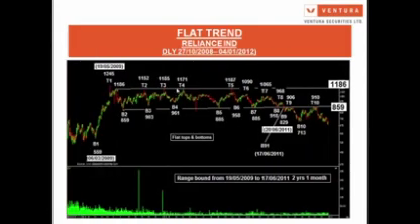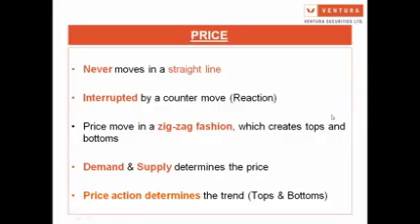Now this is the same chart of Reliance, where price is moving in a narrow range. So this is the example of a flat trend, where price is not moving upward and not moving downward, but moving in a narrow range. Reliance moved two years in a sideways zone. And finally, right now it is going around the 1104.5 level somewhere. Still it is within the channel only.